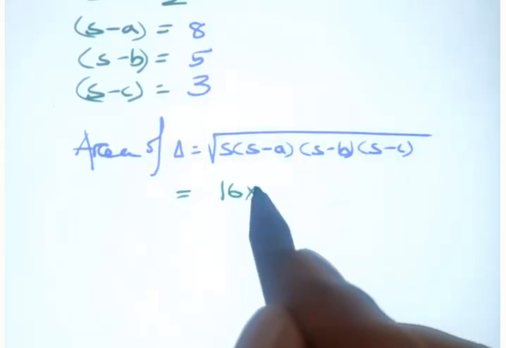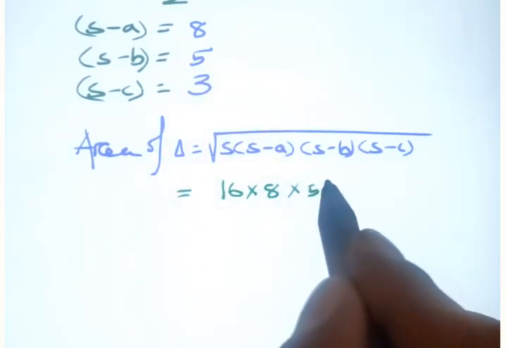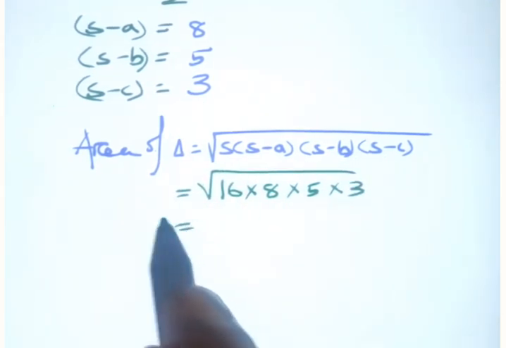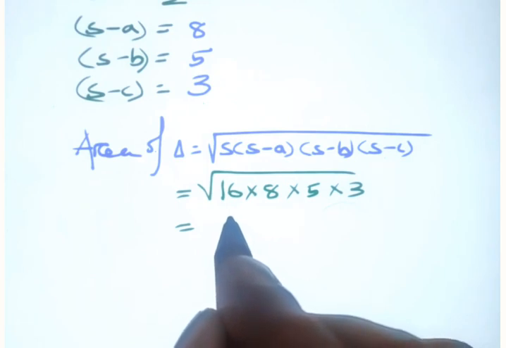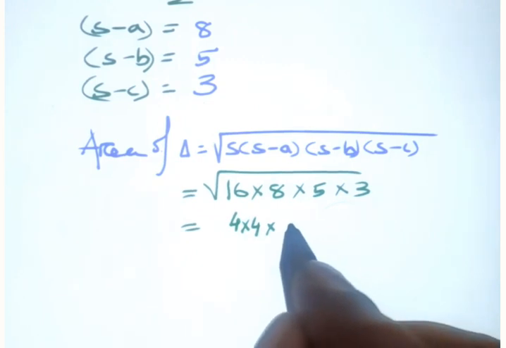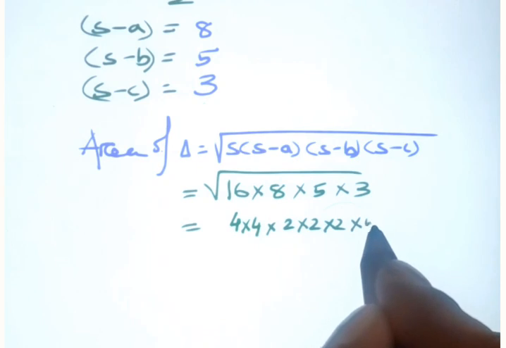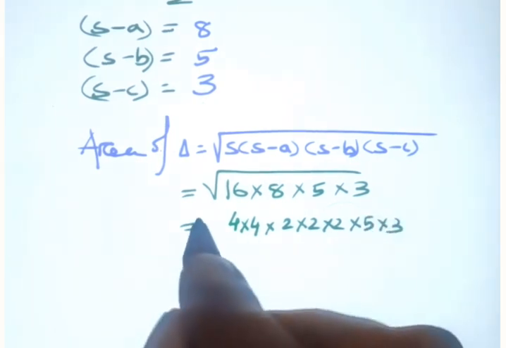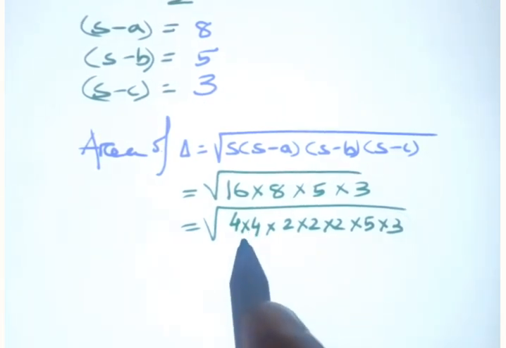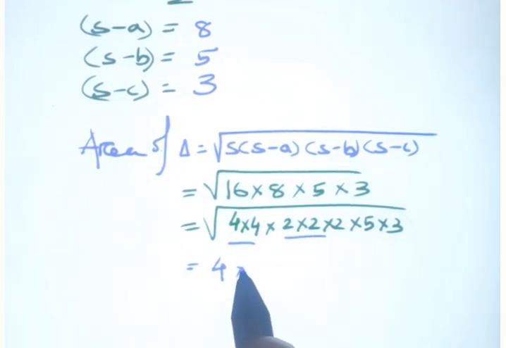S is 16 times S minus A is 8 times S minus B is 5 times S minus C is 3. So let's break 16. 16 can be written as 4 times 4. 8 can be written as 2 times 2 times 2. Now 5 and 3, they can be factorized again. So now to get the square root, out of 2 4s we will write 1 4, for 2 2s we will write 1 2,